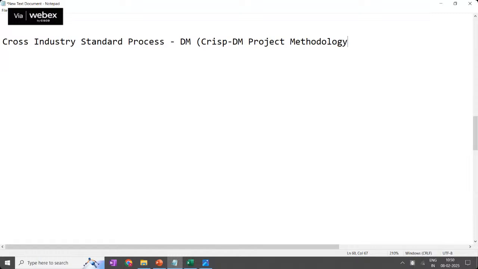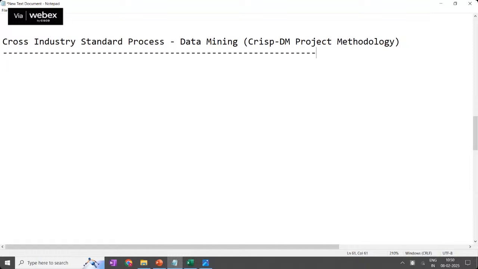What is meant by methodology? Methodology means step by step, which is called a pipeline, an order of flow. CRISP DM is the project methodology, the full form being the cross industry standard process. Now, what steps are we going to have? By taking one data set, we do all these steps. First one is business problem understanding. Second one is data understanding,